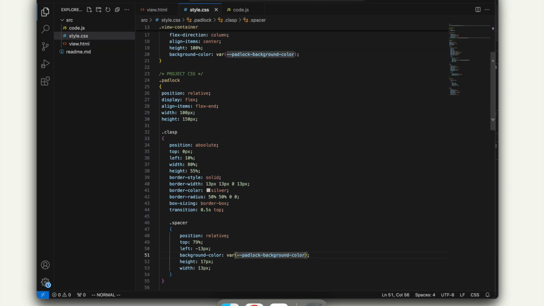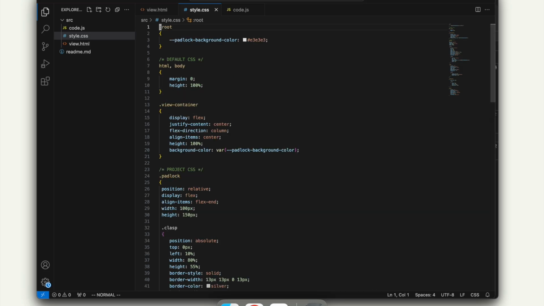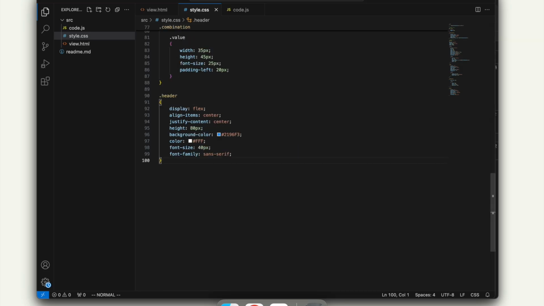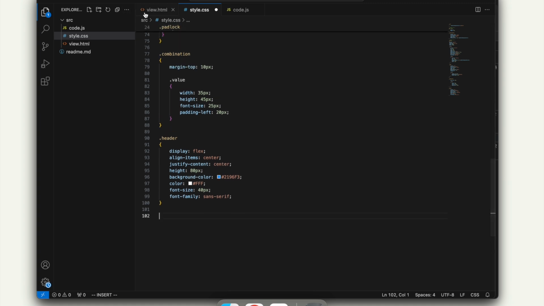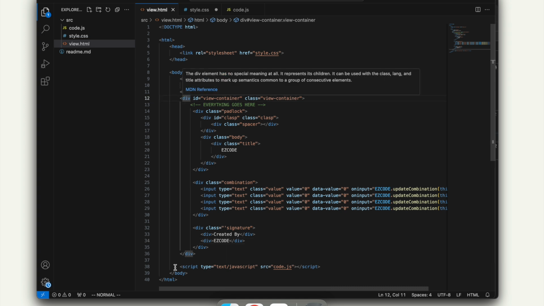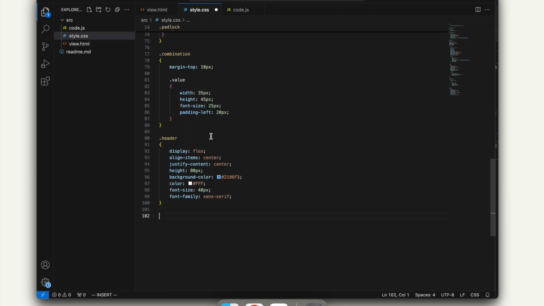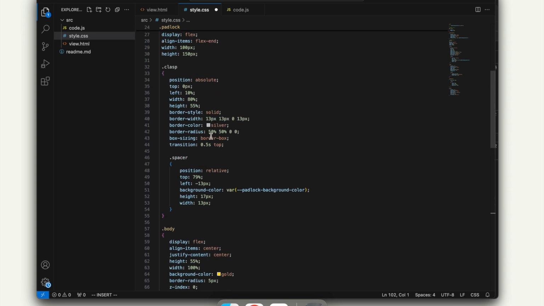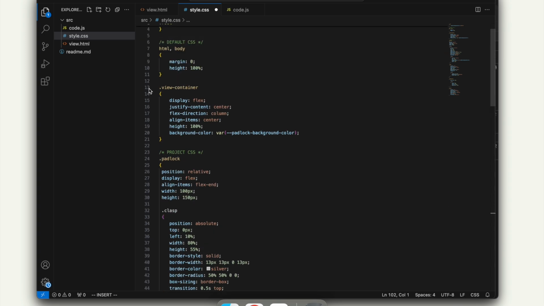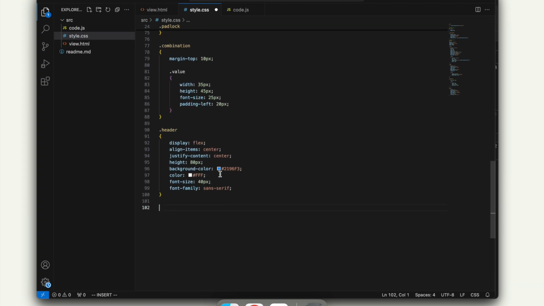And let's go over to the style.css page now, and let's add a little bit of CSS to get this going. So if you remember, it's not in the Padlock, and it's not even a sibling to header. It's within the view container, which we didn't nest any of our CSS in, but that's okay, because it was up here and we were doing our project CSS down here. So we'll continue to do that, and we'll just make a signature